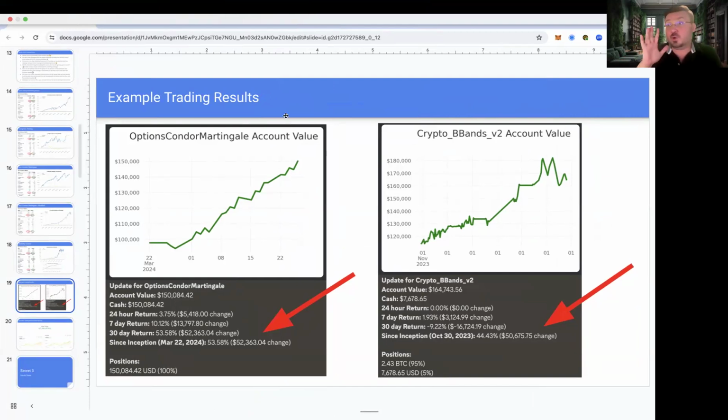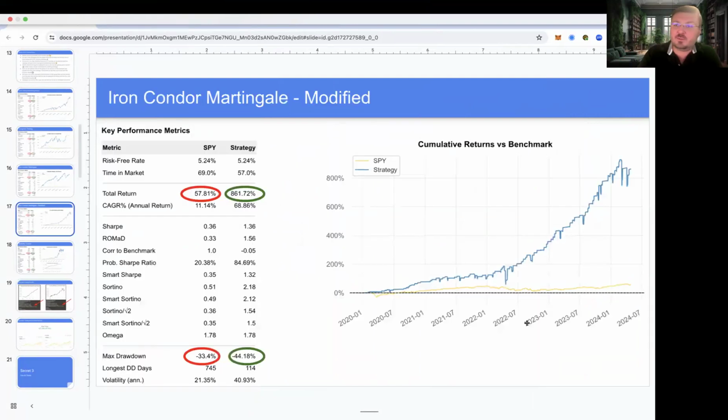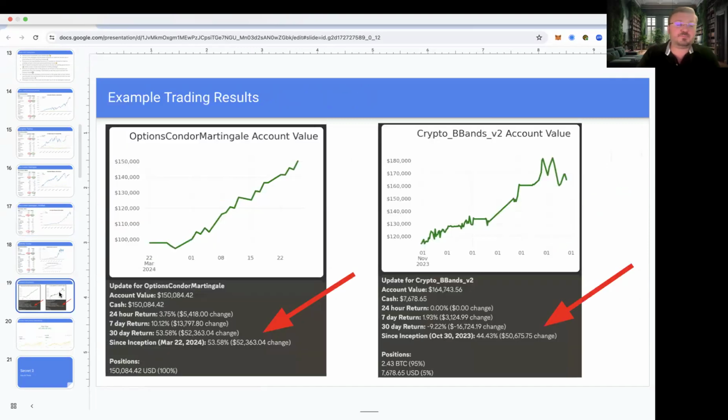This one to me is blowing my mind because not only does it have really high returns, but it's just so consistent. You know what I mean? Like this is a back test. And then again, we're seeing that in real life too. It's not just back testing, right? So to me, this is wild, right?